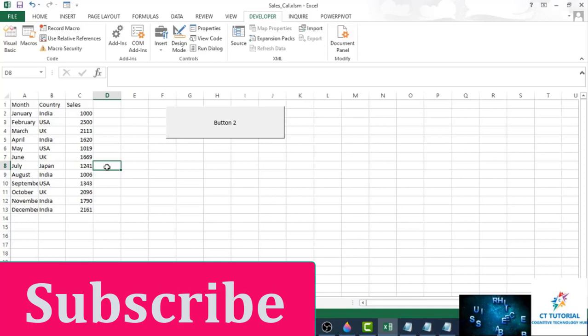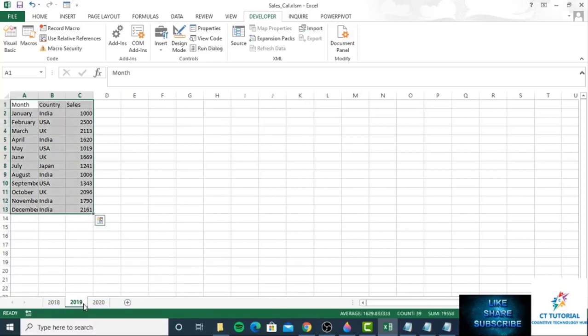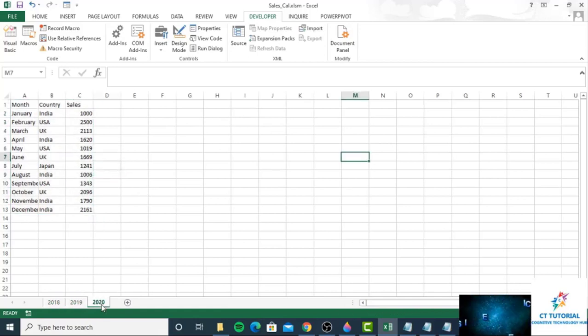So it's 1241, then 1241 again, and in the year of 2020 it's 1241. So 1241 plus 1241 plus 1241 equals 3723. So it's matching.